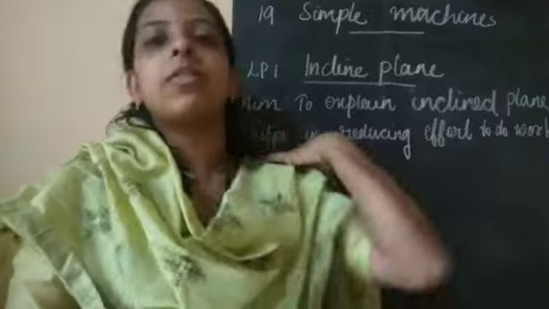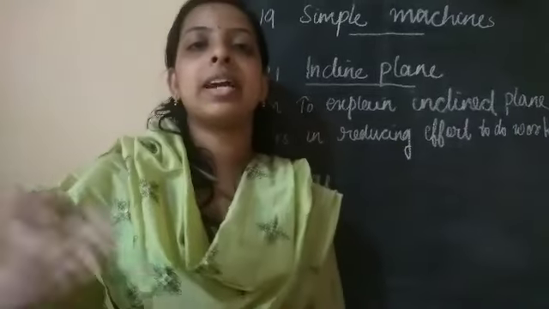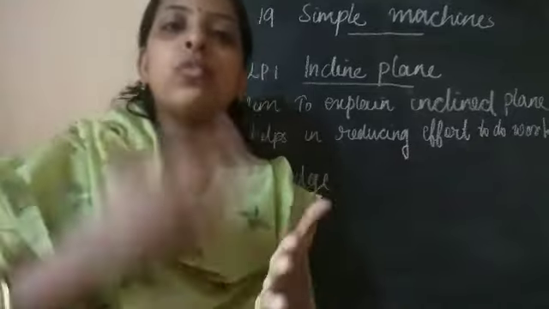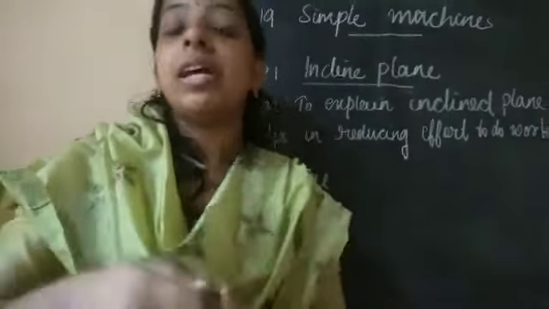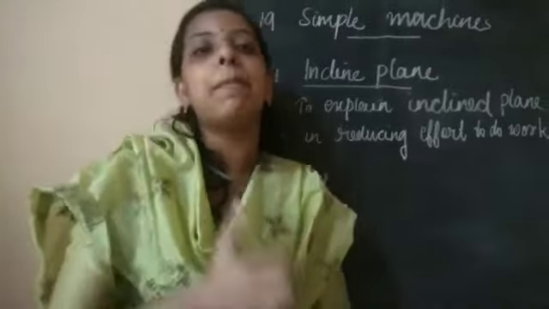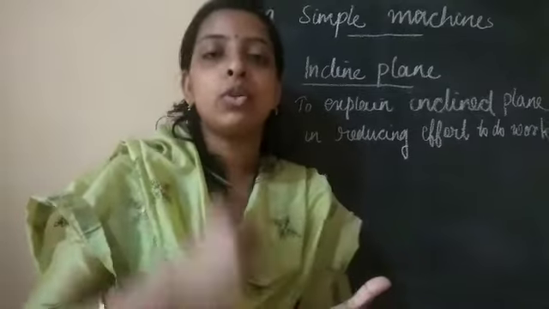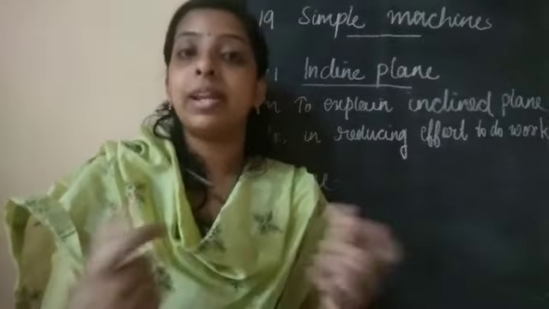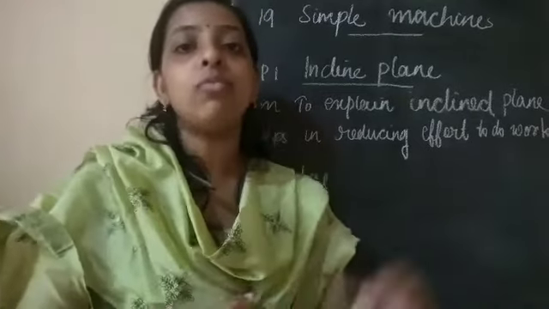That sharp surface, normally for cutting various kinds of objects, we are using the knife. In our kitchen, for cutting vegetables, foods and all, we are using the knife. That knife is also a simple machine. Okay, it makes us do our work with less effort. Okay, and the blade, so all that we can consider as an example of wedge.